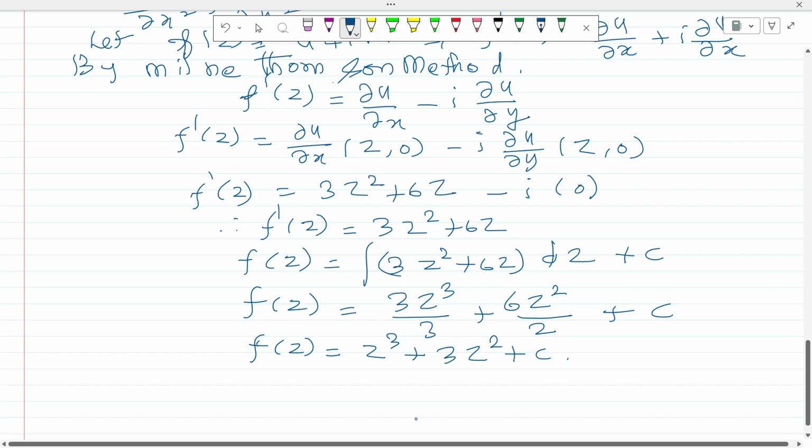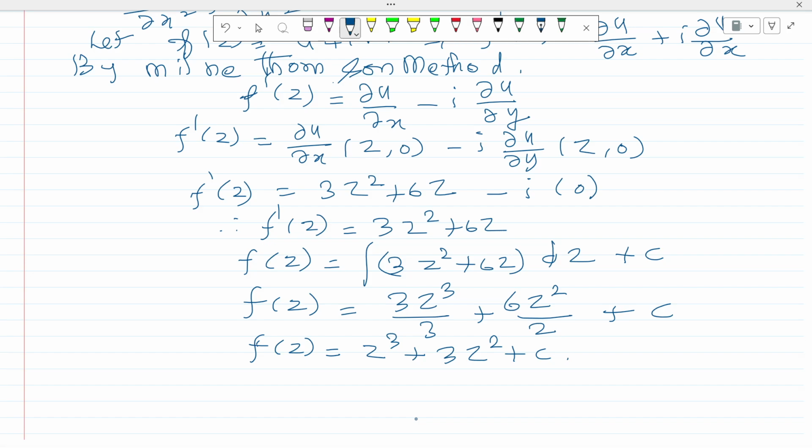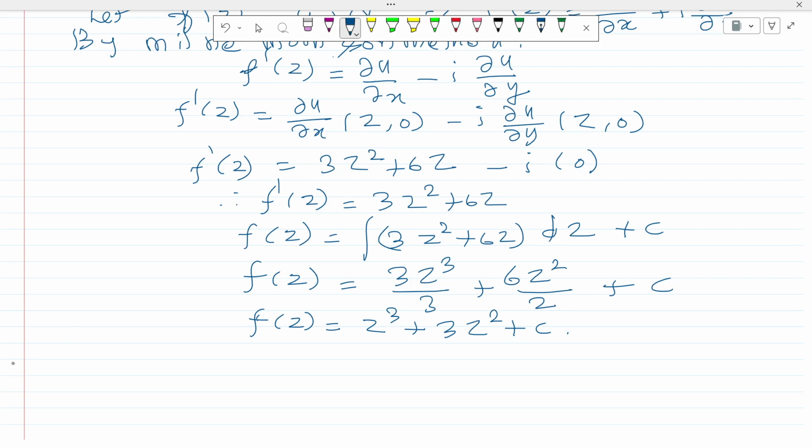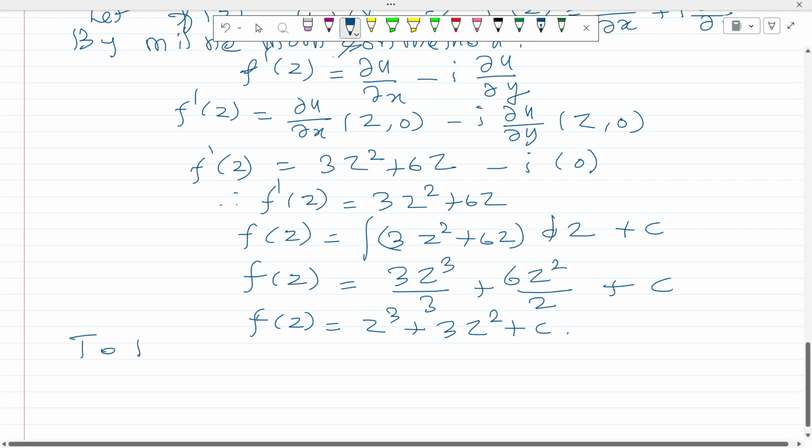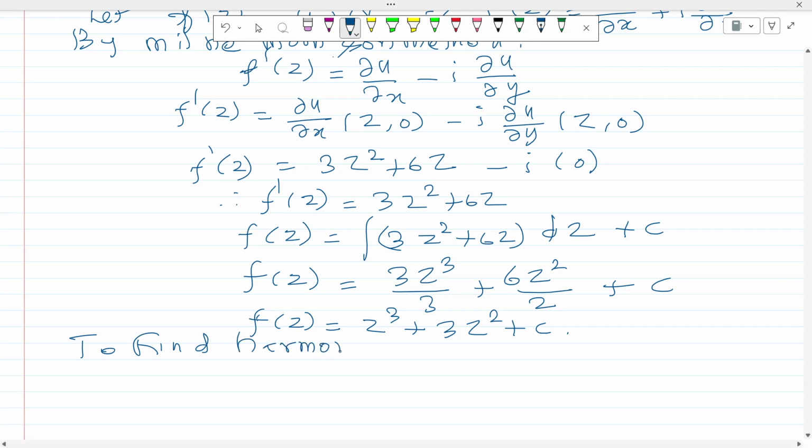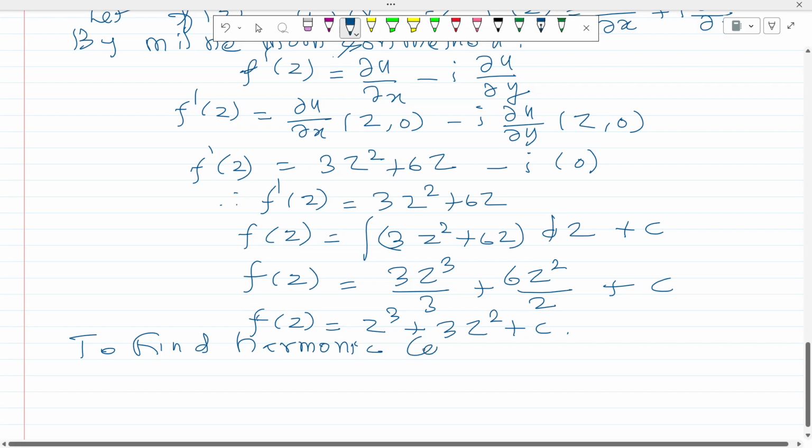So what is the first question? Prove that u is harmonic. The second question is construction of an analytic function by using the Milne-Thomson method. The third one is there. What is the third one? Harmonic conjugate. So what is harmonic conjugate? How to find the harmonic conjugate? Write the heading: to find the harmonic conjugate